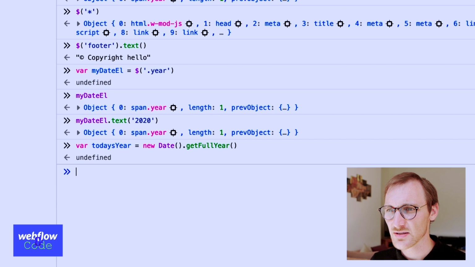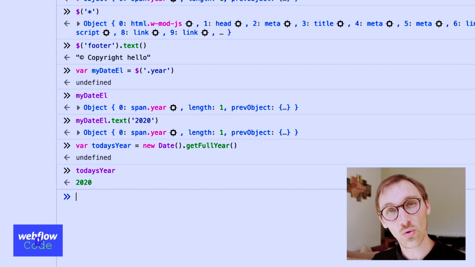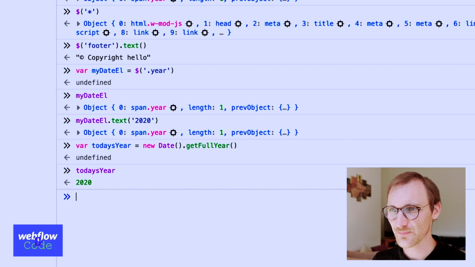Okay, so today's year is 2020. We've stored it in a variable called today's year. Now we can use that and combine it with our mydateEl and actually get today's date, put in the content of the thing. So in fact, let's go